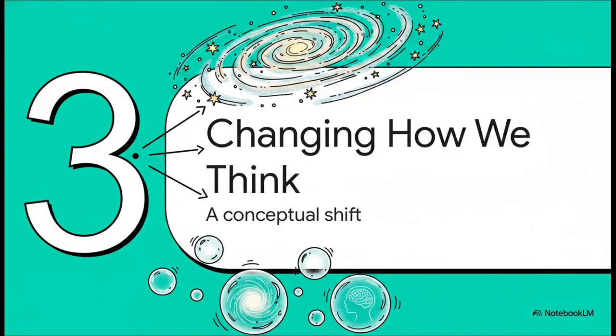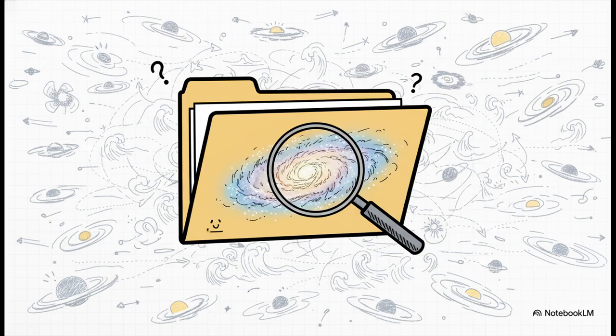And that brings us to our final section, changing how we think. This is really the ultimate payoff of this entire explainer, because understanding the multiverse isn't just about memorizing some complex physics theories. It's about making a massive conceptual shift in how we view reality itself. The big shift is this. We have to start treating our universe as an open case instead of a given fact.